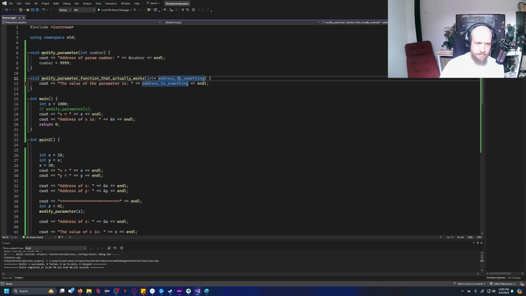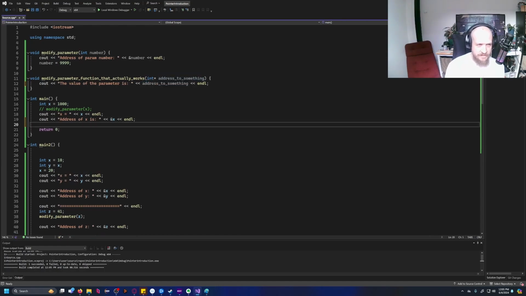Address to something is the parameter. It's already of type address, right? The value is not actually gonna be the value of 1000 that we might expect. Instead, well, it's gonna be the address. Because look, if I were to invoke this function